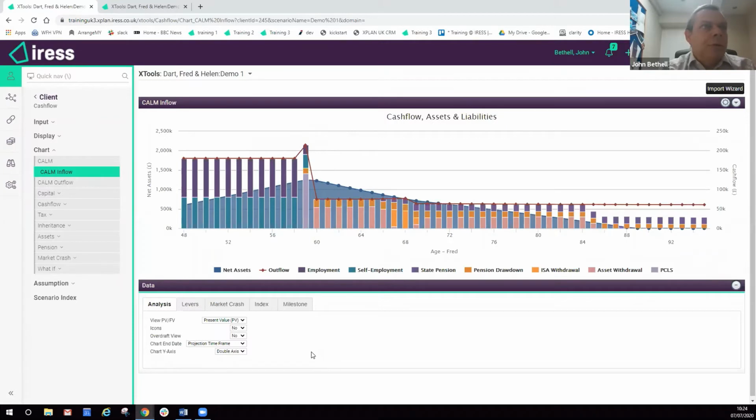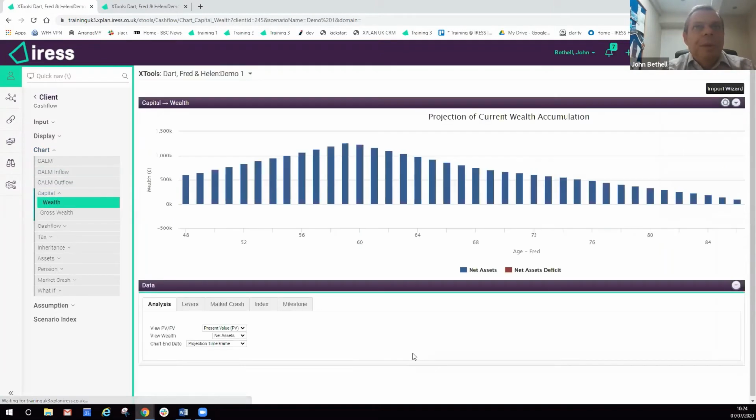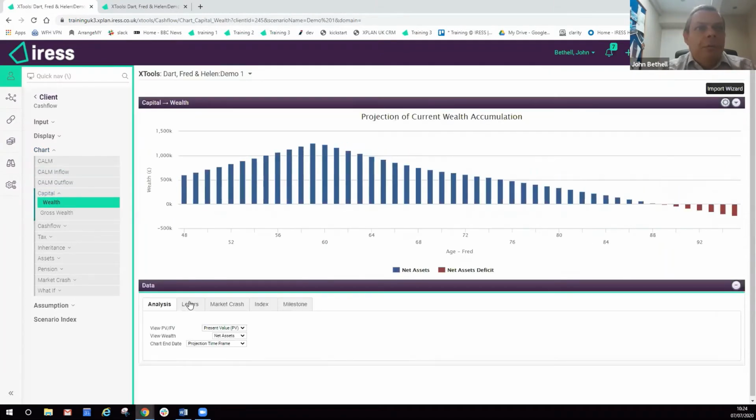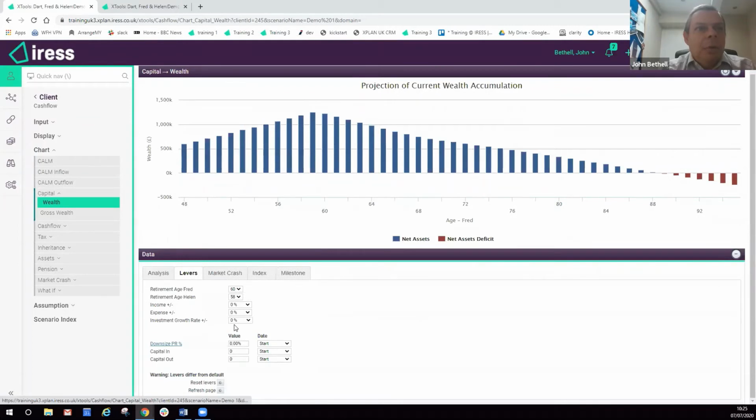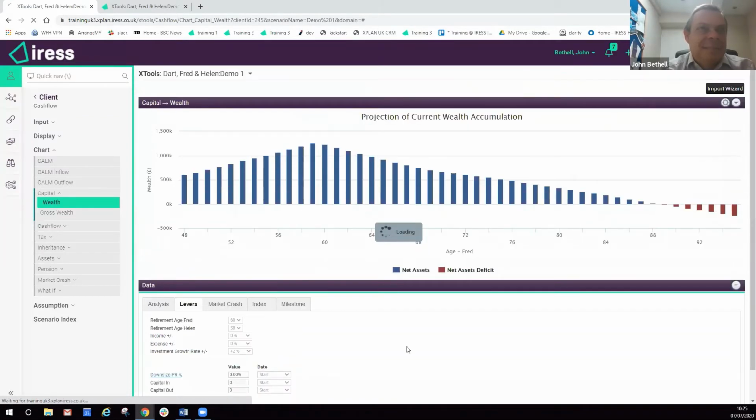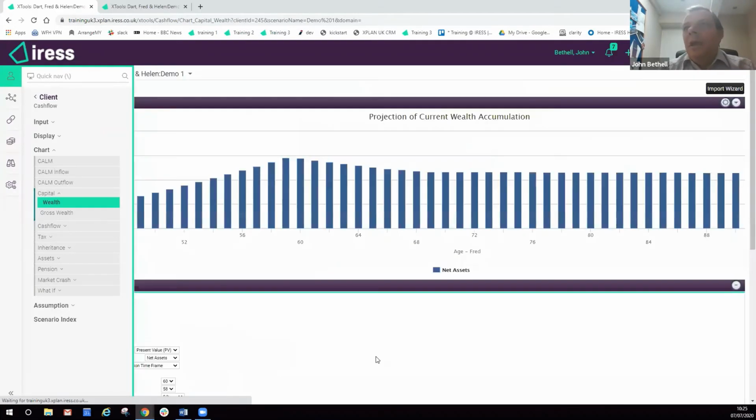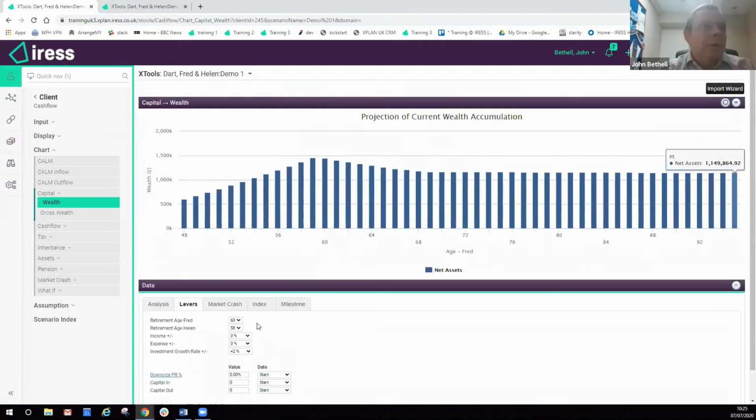Very simple, very straightforward. I'm actually going to go back to the capital wealth chart because it keeps it simple. And I'm now going to use some of the levers. I'm just going to increase the growth rate by 2%. That's my version of financial planning. I think yours is far more sophisticated, and what's more, mine's transient, whereas yours stays in place. So we can see here the client now has quite a large surplus,